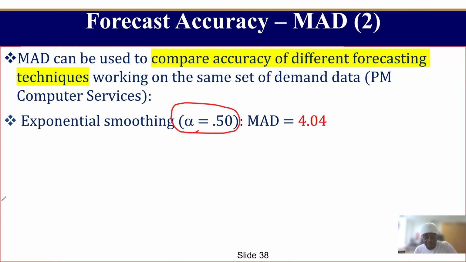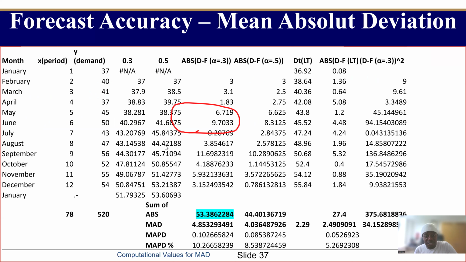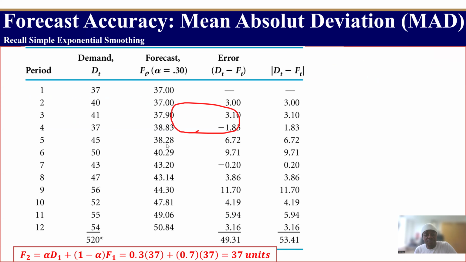And again, you use the same approach. Instead of going through this and using 0.3 for the alpha, you're just going to use 0.5 for the alpha, and everything else remains the same. If you do that, which I have done here,